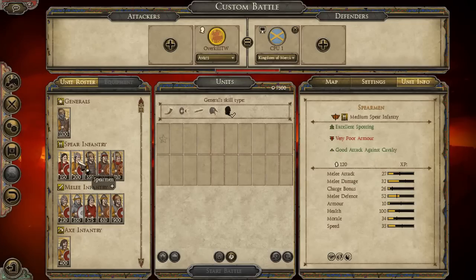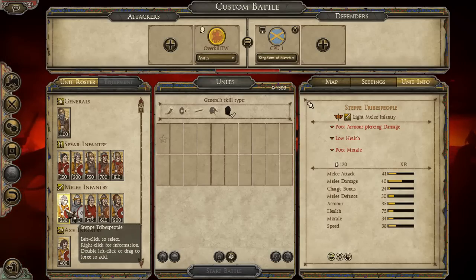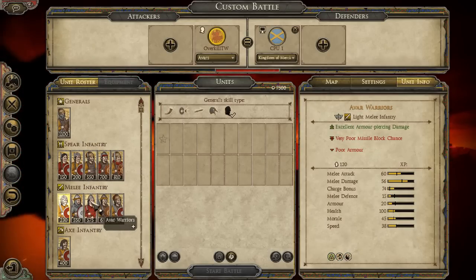So starting with the Avars, we have the steppe tribespeople. This adds in a tier 1 light melee infantry. You can see their stats are horrible. They have no positive things about them. They're literally just there to be flanking units, because as the Avars, you start off with only spears, basically, until you get to the